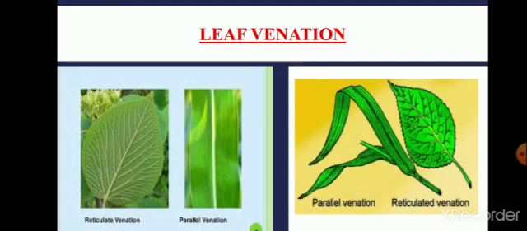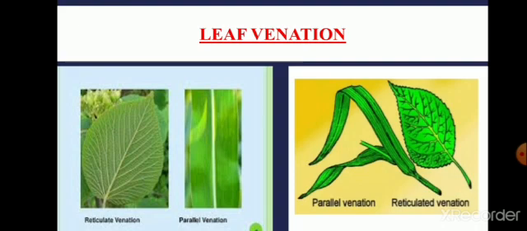Then the midrib. This is the central, prominent, thick structure right in the middle of the leaf that helps support the leaf and prevents it from breaking, to avoid damage.